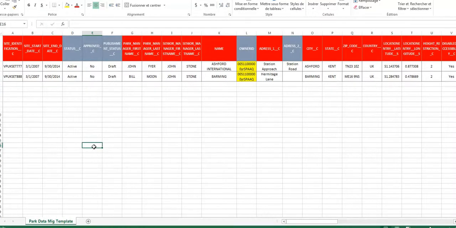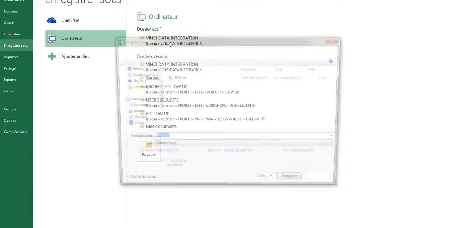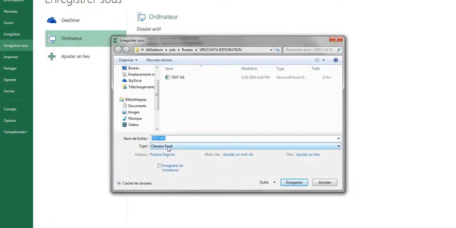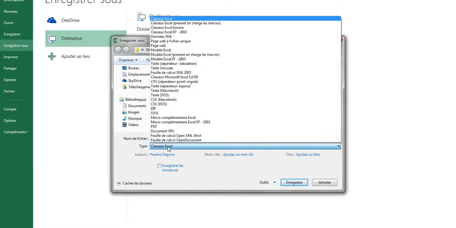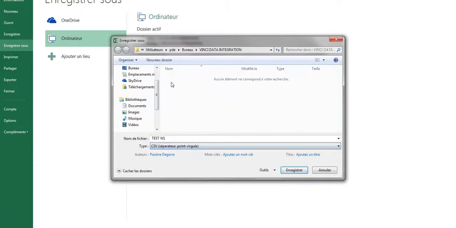I can save it, and now I will save the file again as a CSV. Salesforce does not integrate an Excel. Salesforce just integrates a CSV with comma as separator. So here it's not a semicolon, it's a real comma.